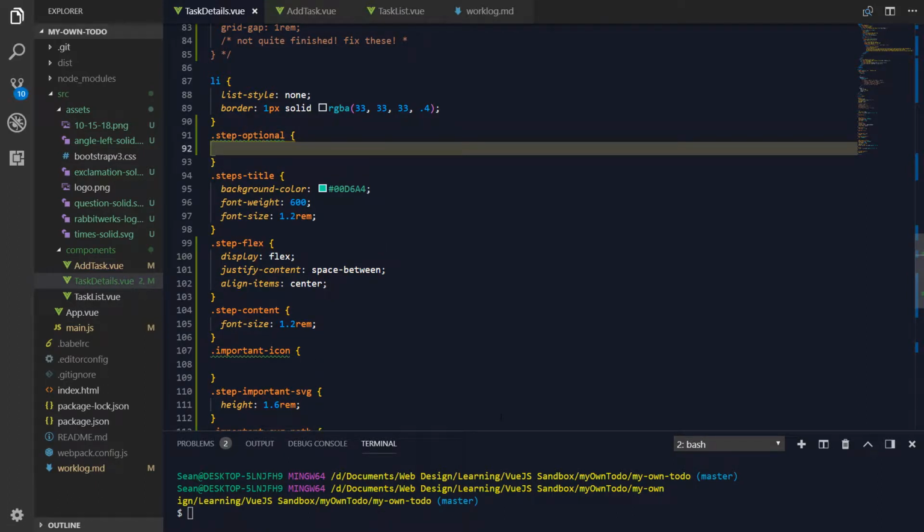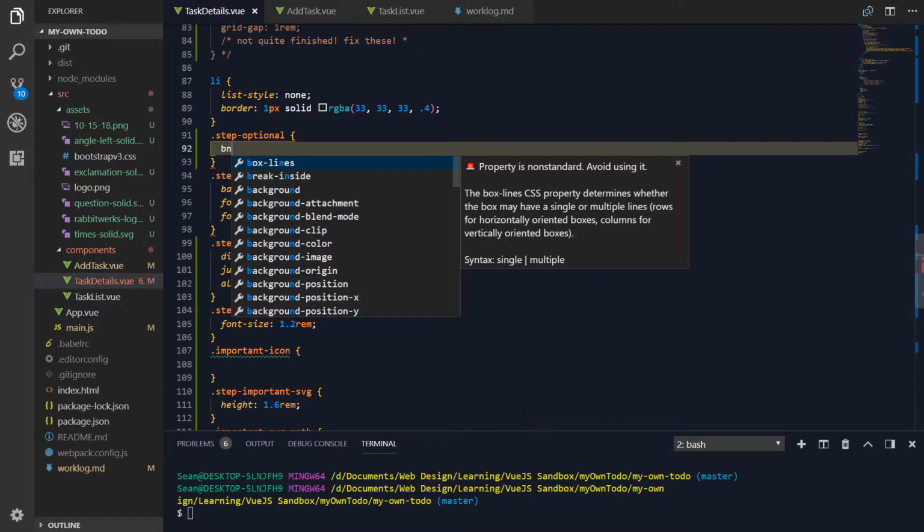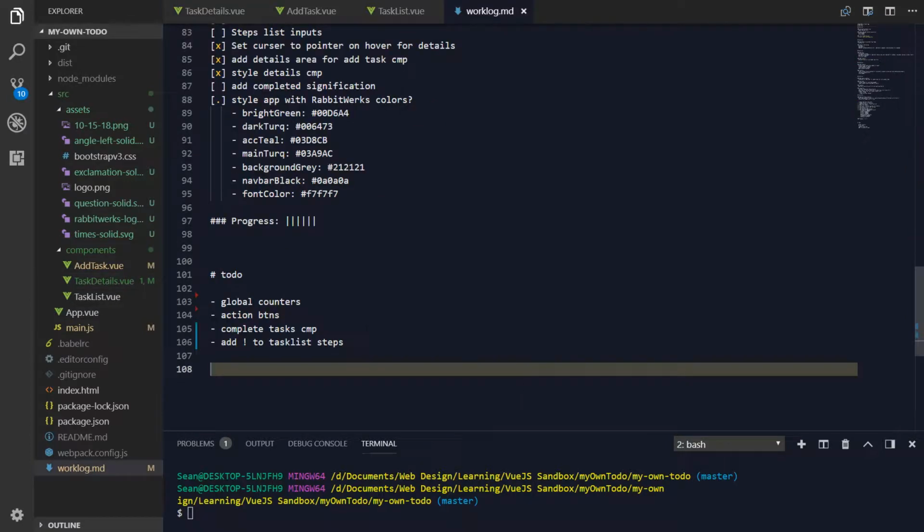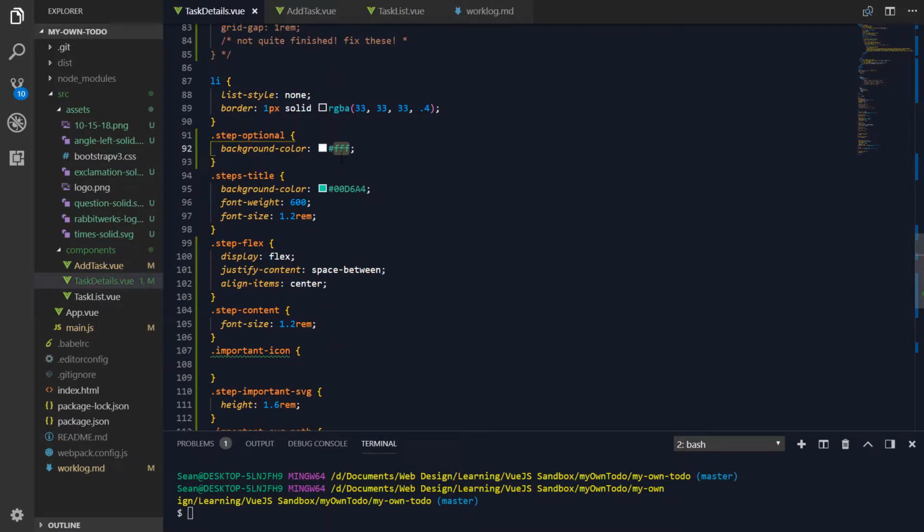So with that we'll do background color, and you can just set this to